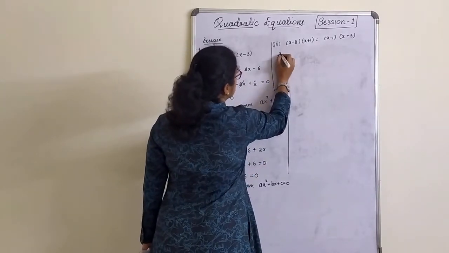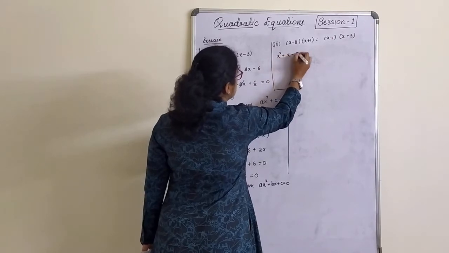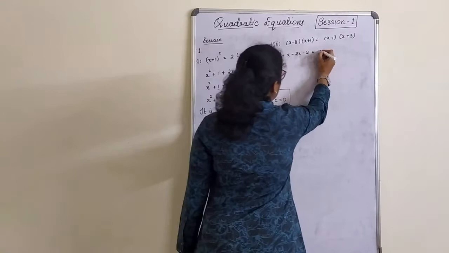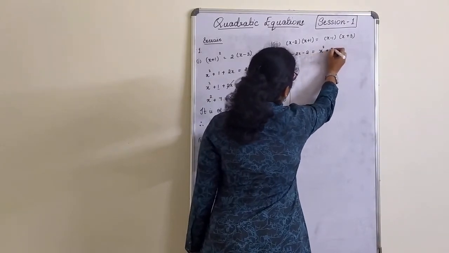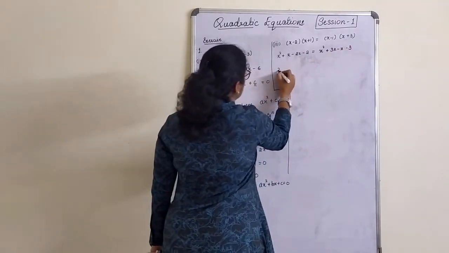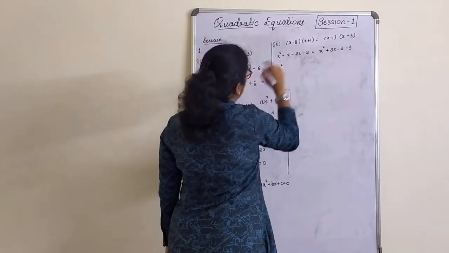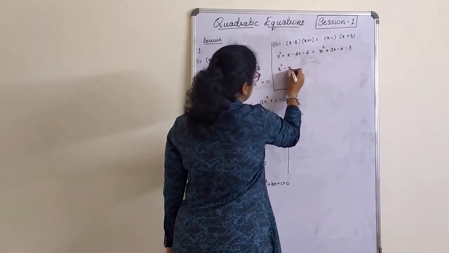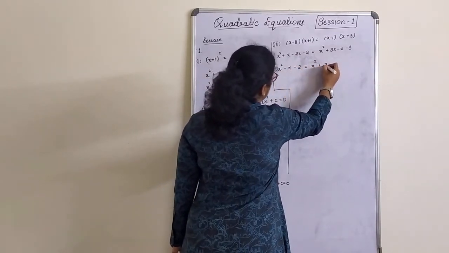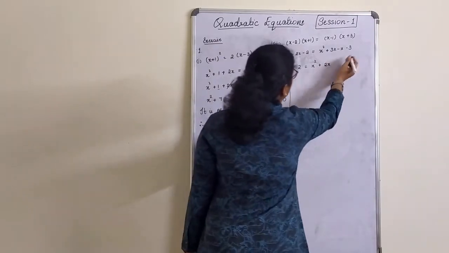So this is x square plus x minus 2x minus 2 is equal to x square plus 3x minus x minus 3. So x square, x minus 2x is minus x minus 2 is equal to x square plus 2x